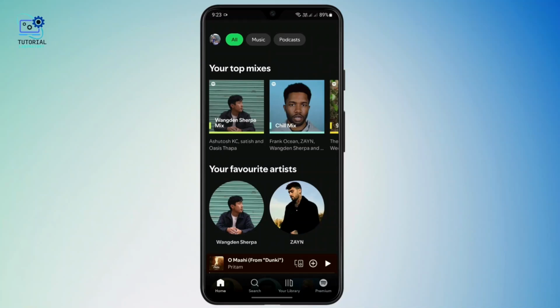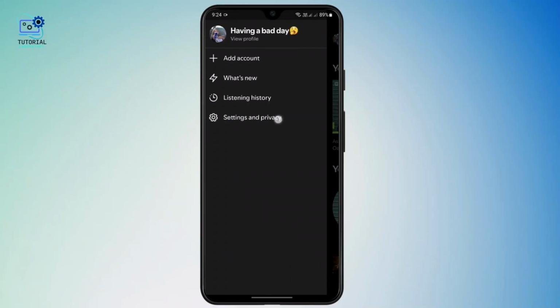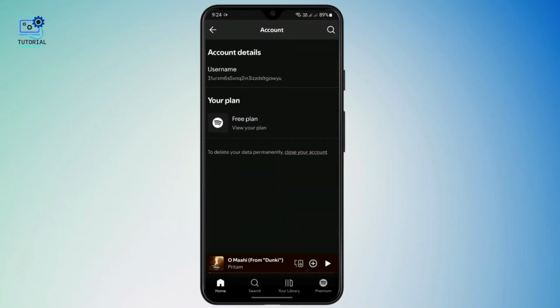What you can do is go to your profile and here on settings and privacy, and then under your account you'll see your Spotify Premium plans if you have purchased it, but since I've not purchased it, you can't really see. But under account they will show you your purchase plan, and from there you just need to tap on your premium plan, and then you'll get the option called see available plan, and then you'll just click on the